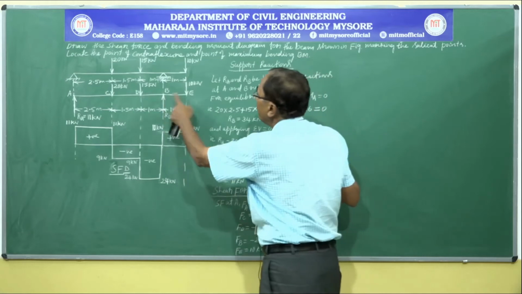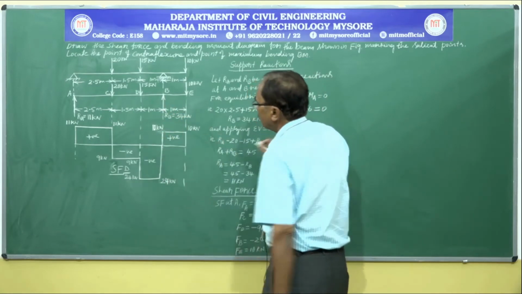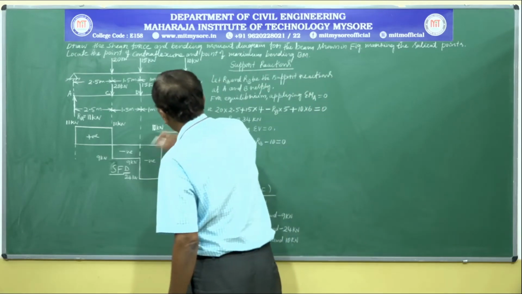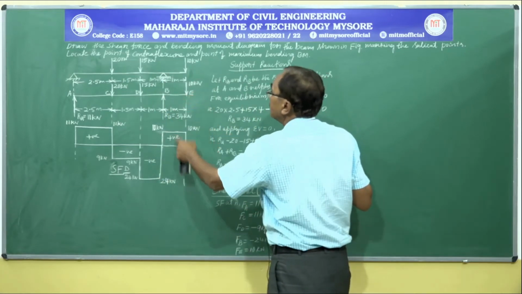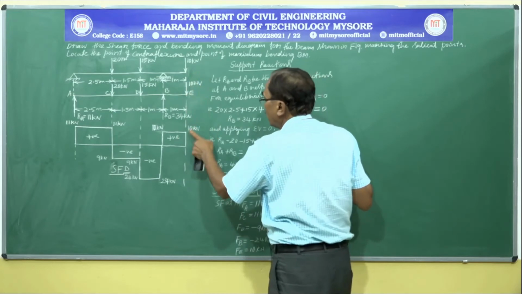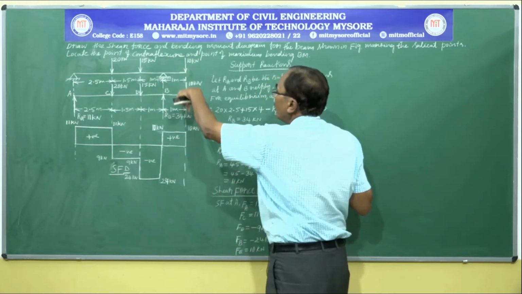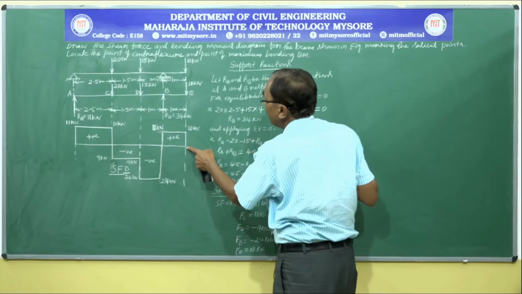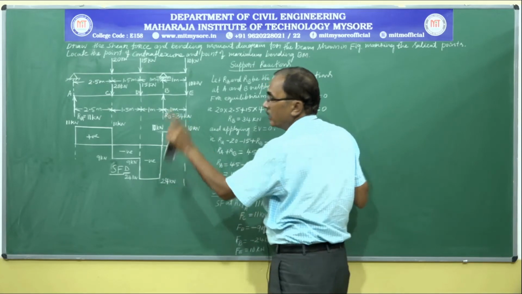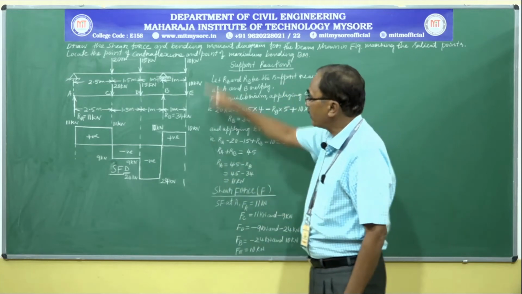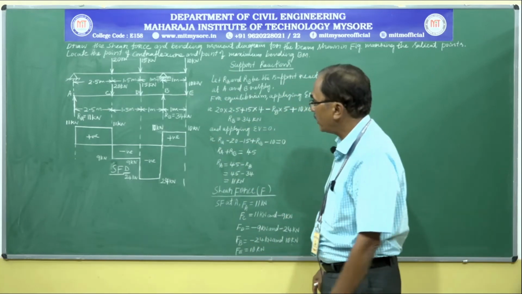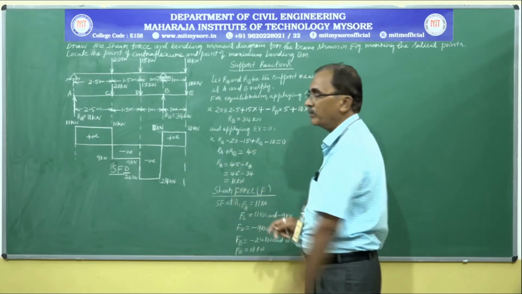Finally, between B and E no load, for no load condition, the variation of shear force diagram is a horizontal line, and at point E also it is 10 kilonewton marked, and there is a point load acting in the downward direction. We had come down by 10 kilonewton, reaching the reference line. So like this you can draw the shear force diagram, and the same values can be written here.